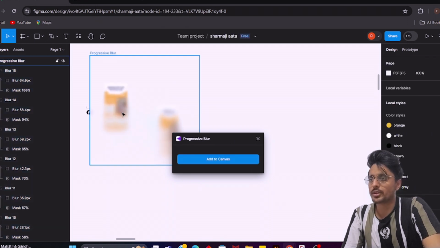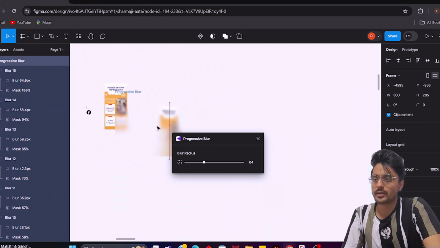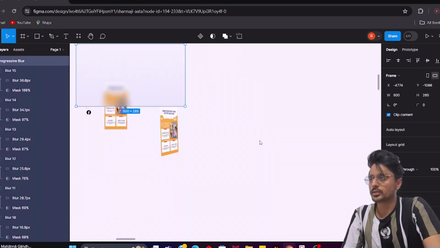You can easily blur out anything. It will give you a frame that will blur out, and how much you want to blur it, you can manage from here. Simple as that. The next plugin we are going to talk about is